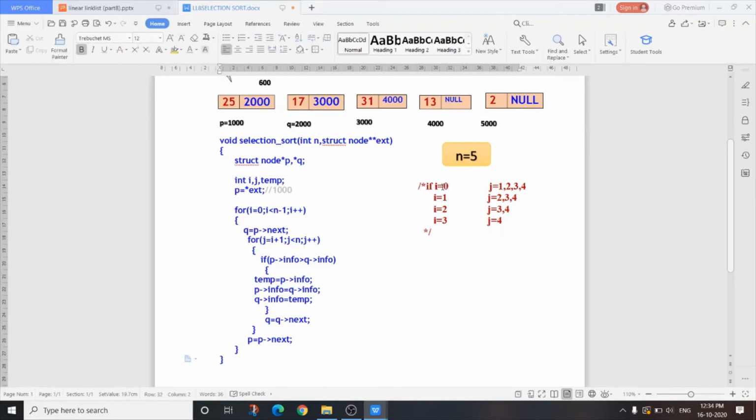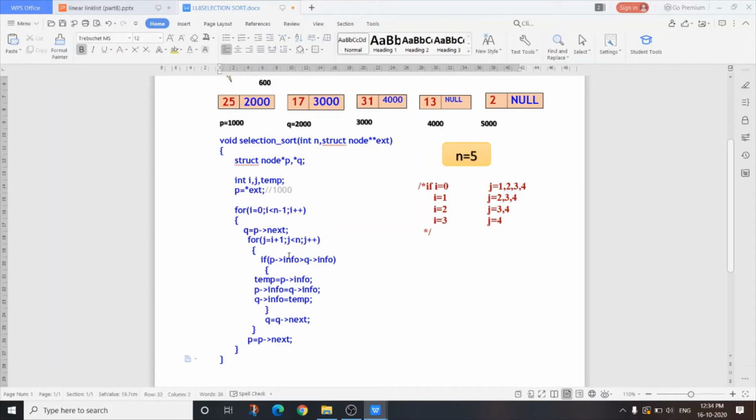So when i equals 0, this loop will execute how many times? j equals i plus 1, j less than n. So j starts from 0 plus 1, that is 1. When i equals 0, j starts from 1, and less than n means less than 5, that is 4. So j equals 1, 2, 3, 4.